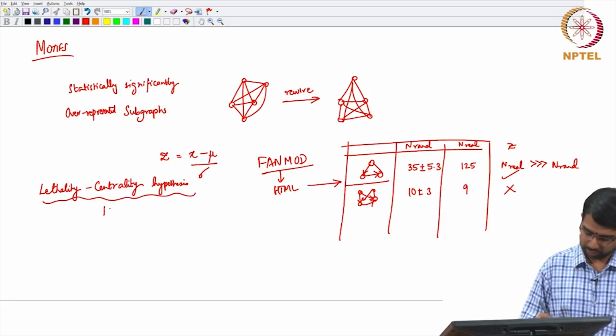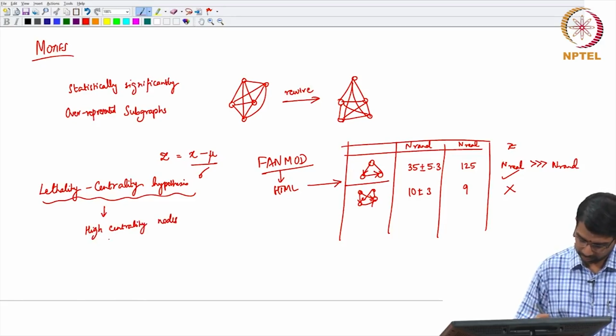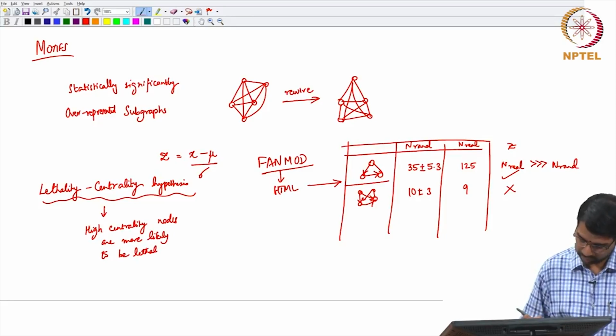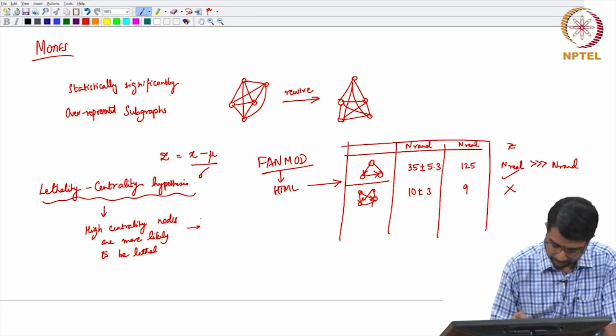After removing high centrality nodes, cells are more likely to be lethal, right,